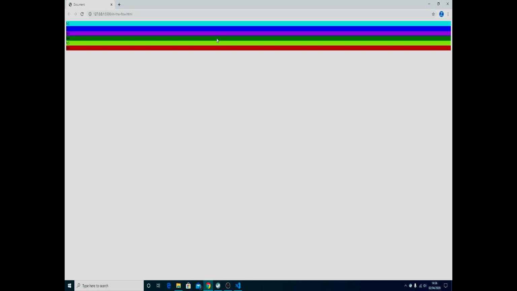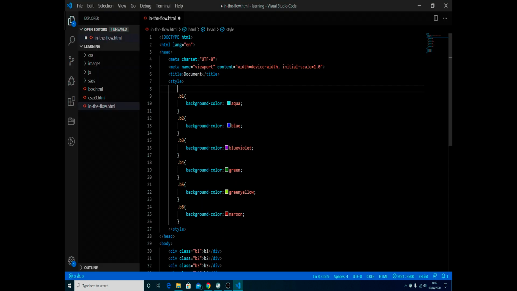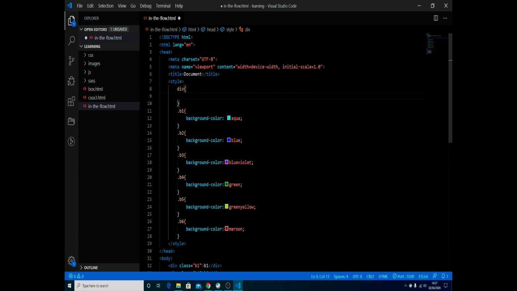So the next stage is to give them a little bit more of a shape. We're going to make them into squares. That has nothing to do with the positioning, it just makes it easier for us to ID them and so they don't take up the entire space. And then we'll use position absolute to move them into specific areas. So because they are all div elements, we can use an element CSS rule on the div element to format them all easily. So we can use div open brace, and then we're going to do